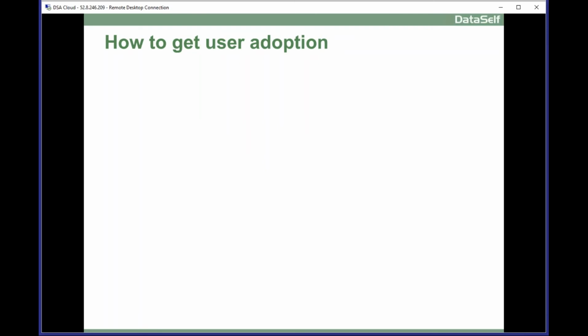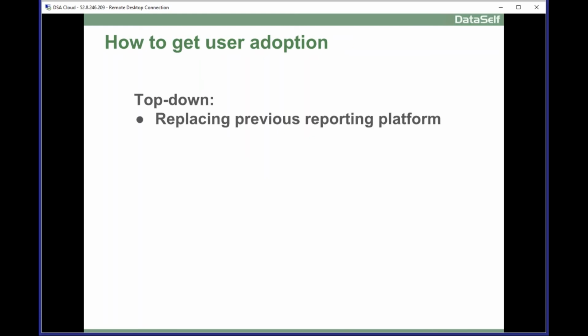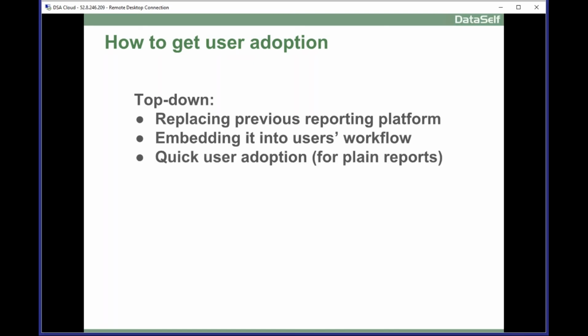How to get user adoption. BI will only be successful if people are using it. So you have two main approaches. Top-down, meaning let's say you're replacing a previous reporting platform, so you just push the new reporting platform to all users. Maybe you have a BI platform where you can embed the reports and dashboards in their workflow. That's a great approach. Usually with top-down, you get quick user adoption. At least people will be pulling reports from the new system. Maybe they're not going to be using all the slicing, dicing, drilling down, but at least they will easily be able to access the reports. It requires a higher initial investment,